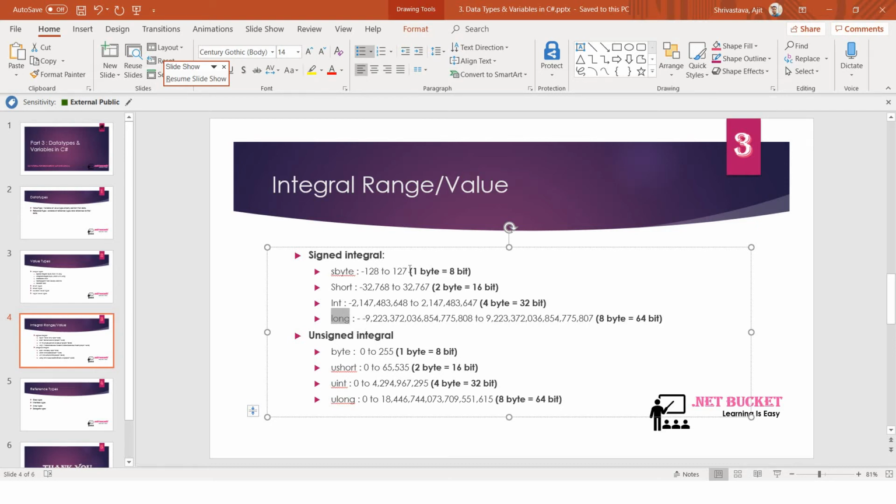The answer lies within the range of that particular variable. If the range lies between minus 128 to 127, you should always opt for sbyte. If the range lies between this, you should always opt for this.